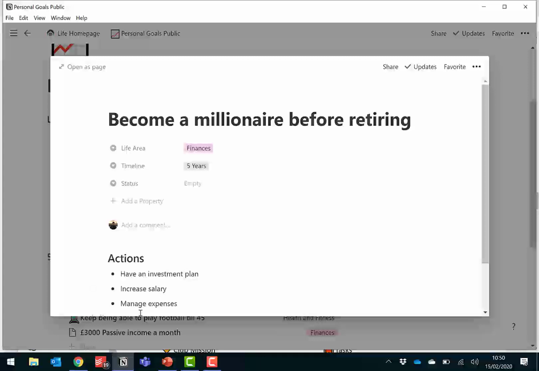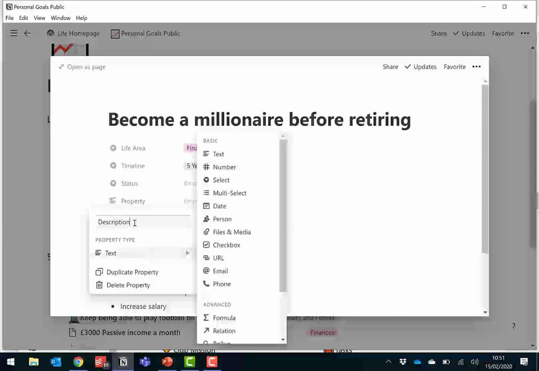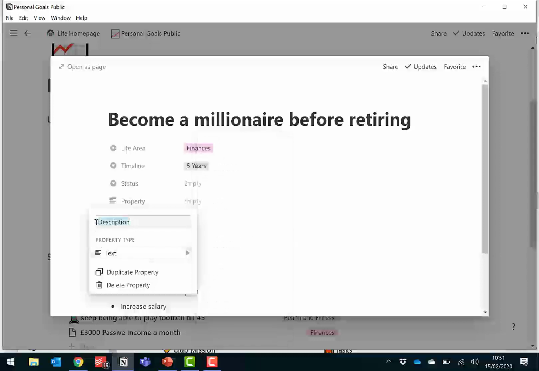So what this means is, what else would we be tracking for a goal? Apart from status and timeline, we could add something. We could say description, and then we can add it as text. Or, because goals are meant to be SMART, time-bound, we can put a date, a due date.